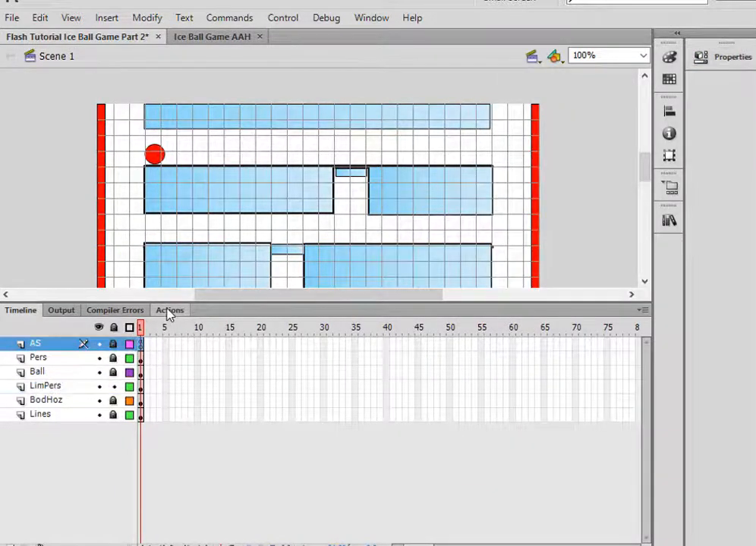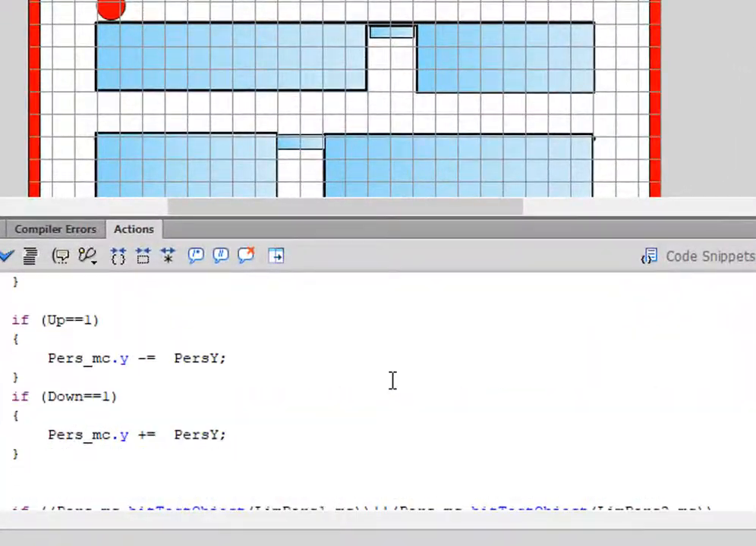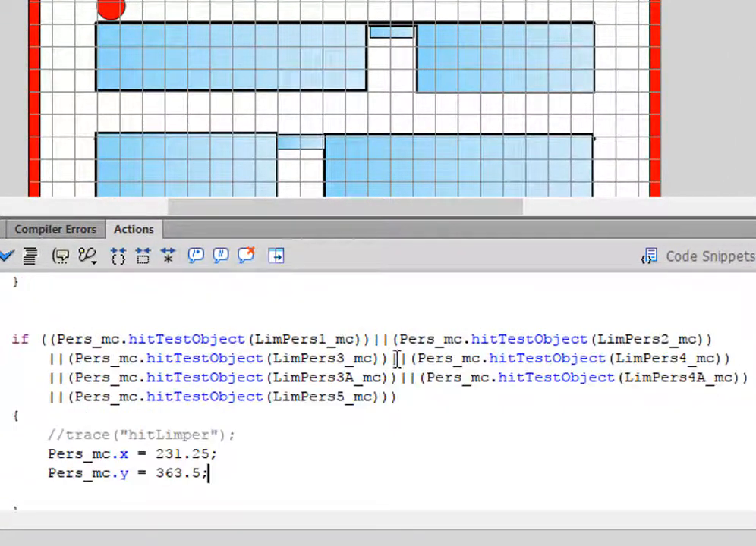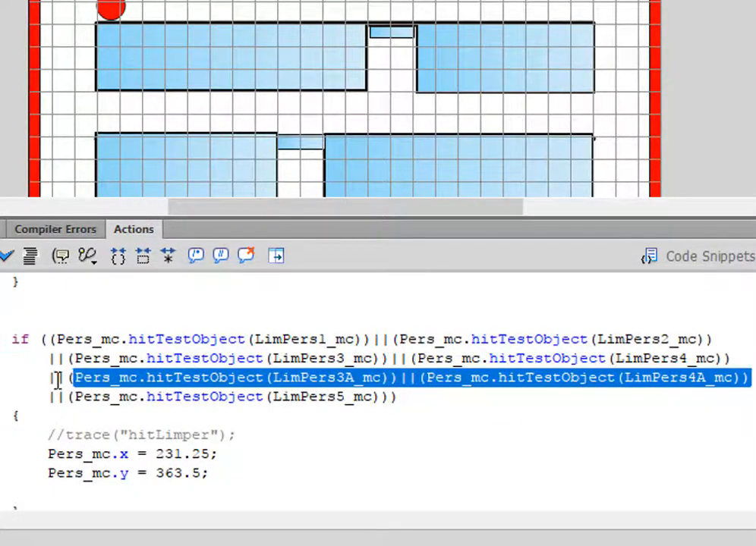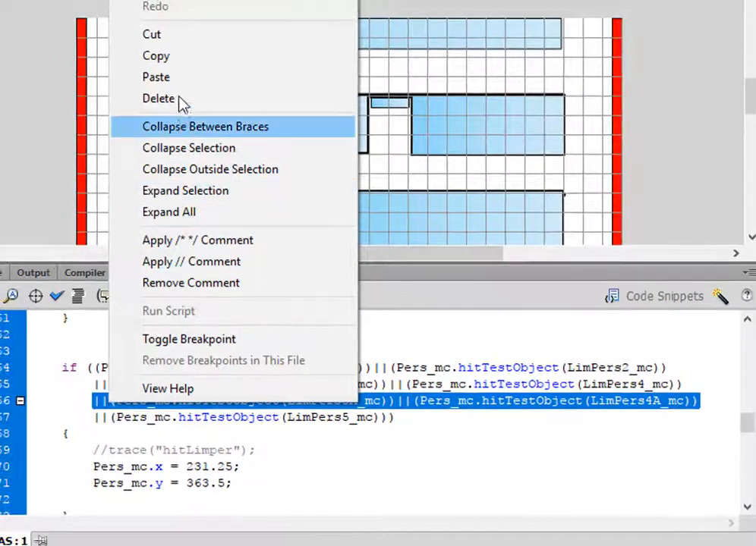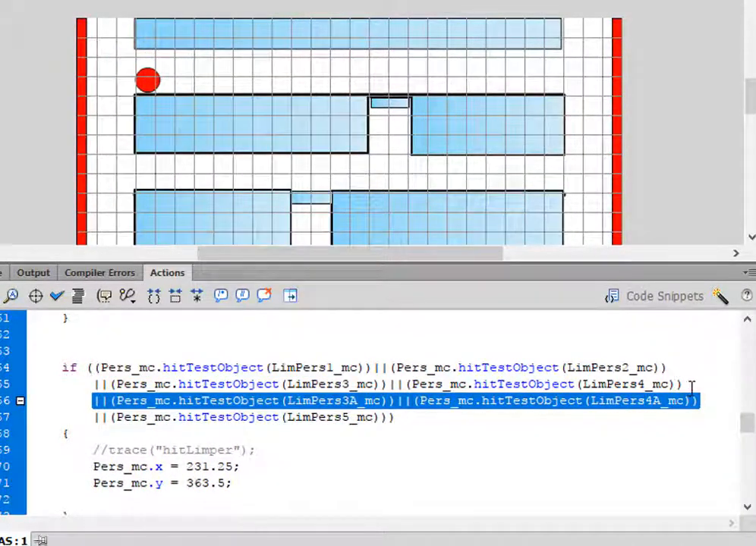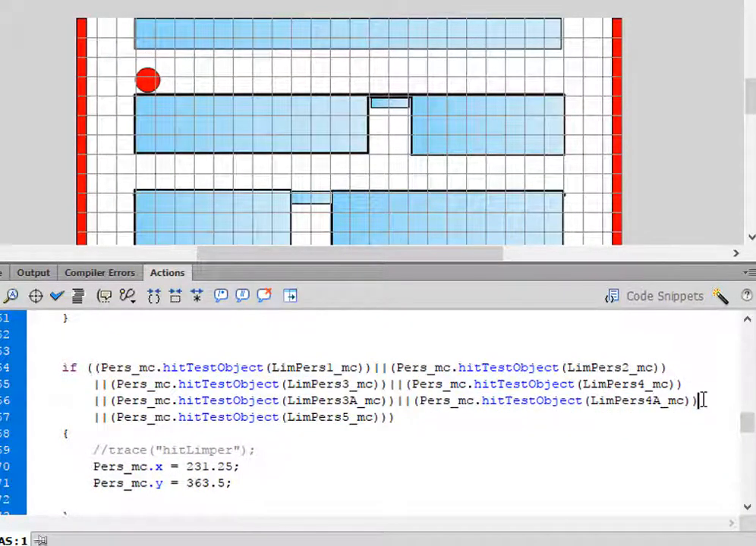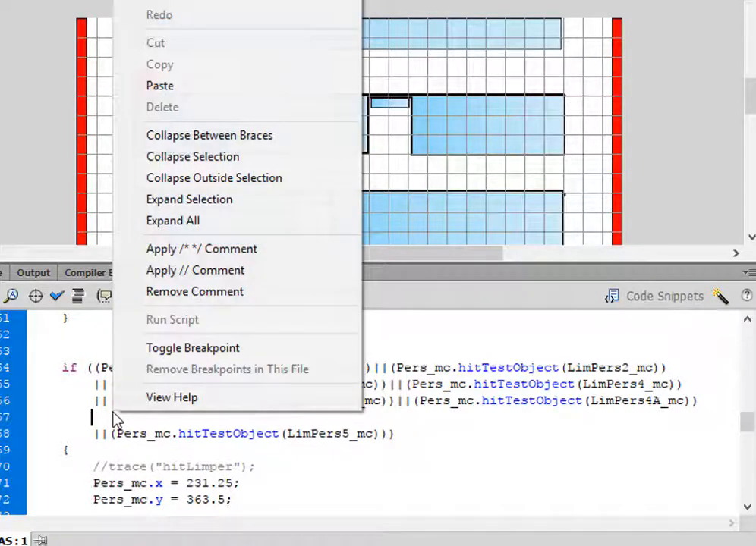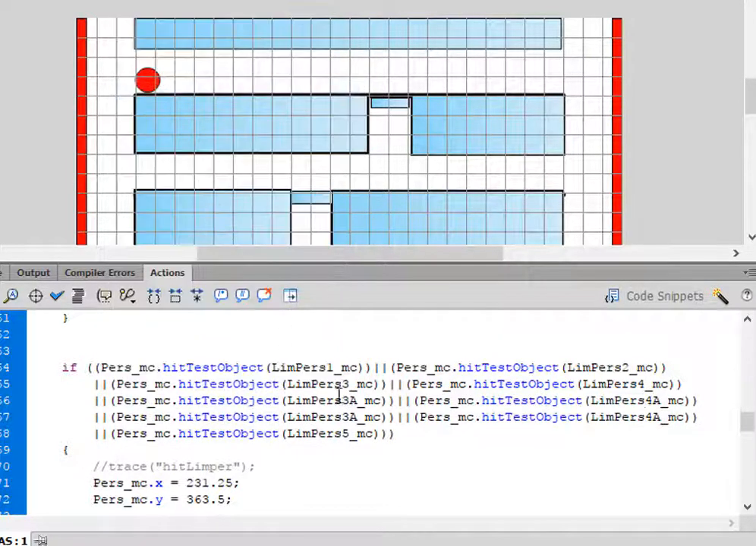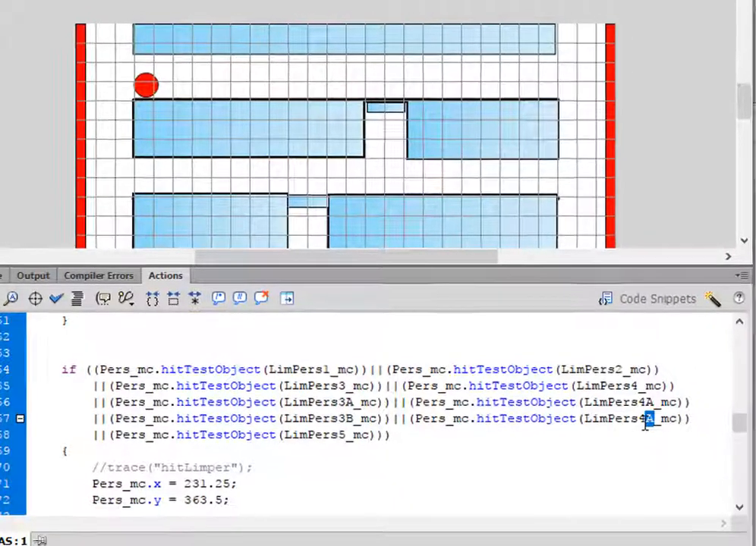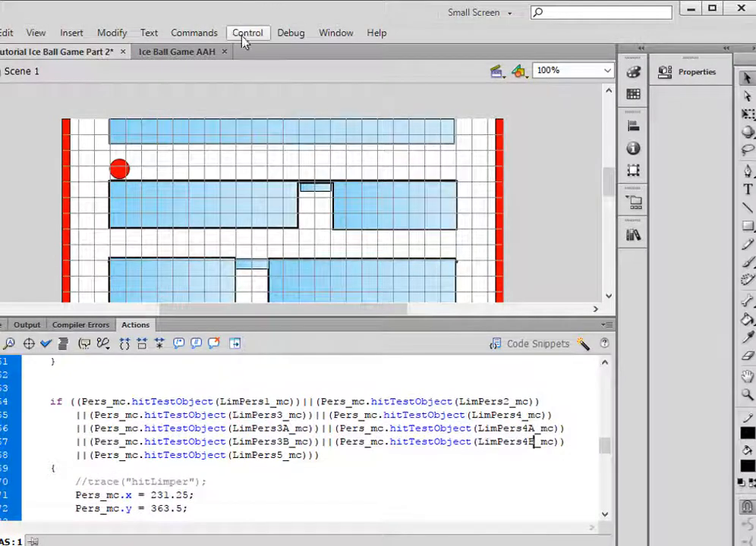So open up the action script, and we're at this line which has all this code, and we need 2 lines. So copy this right here, right click, copy, click on the end here, enter, paste it in, and change this A to a B, and change this A to a B. Then go back, test your movie,